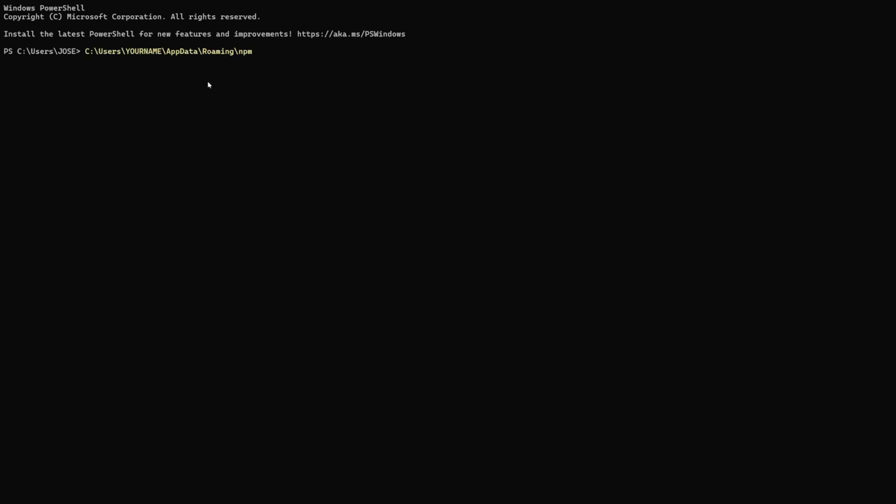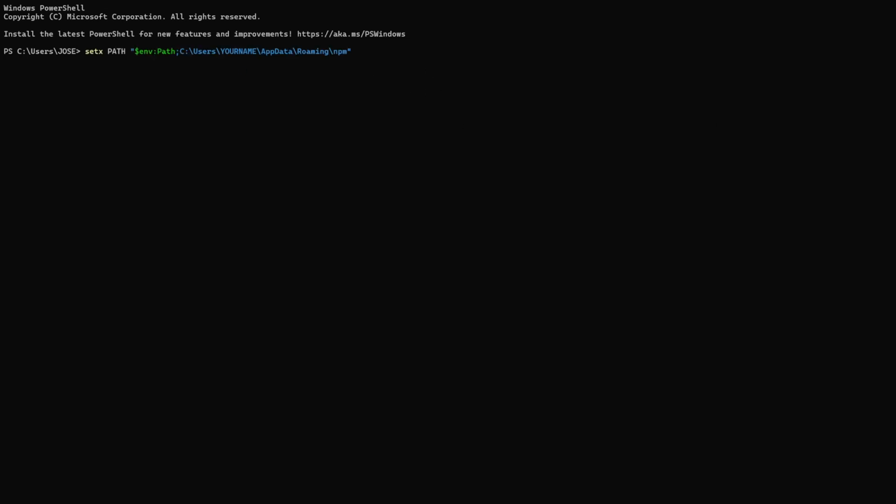Now, it is essential to add the npm global folder to your system's path variable. The path variable allows Windows to recognize commands like claude from any directory. To check your current path, type echo $env:Path and press enter. If the folder you noted earlier is not listed, you will need to add it. To do this temporarily, enter the command $env:Path += ";C:\Users\your-name\AppData\Roaming\npm" and press enter. For a permanent change, use the command setx PATH "$env:Path;C:\Users\your-name\AppData\Roaming\npm"